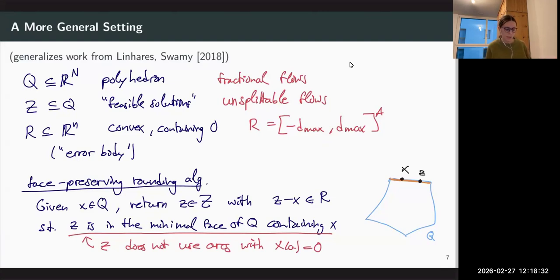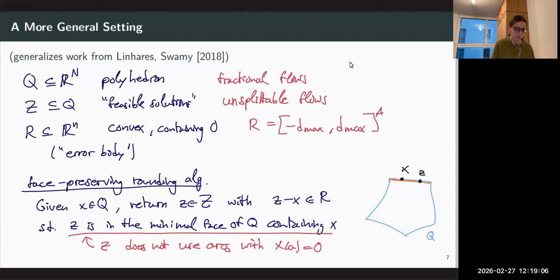And this is in fact a trivial condition, because if I have an arc where the fractional flow was 0, I could just delete this arc and then apply my oracle to this updated graph. So in our particular application for these flows, we can assume this basically without loss of generality. In general, of course, if we want to apply this more generally, then we actually need this condition. Okay, so this is the setting.